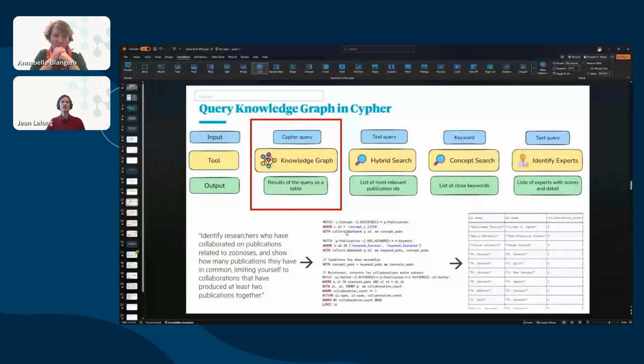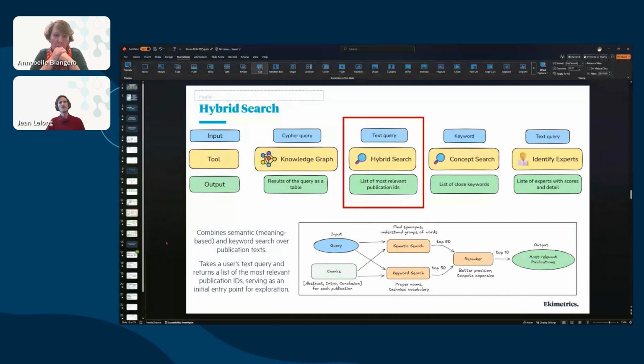And then we were looking for ways to give ideas to the model to find better entry points into the graph, based on the words and the semantics inside of the chunks we use to represent each publication, which were title, abstract, introduction, and conclusion, that we extracted from all of the publications we scraped from the internet. And then we used a hybrid search pipeline